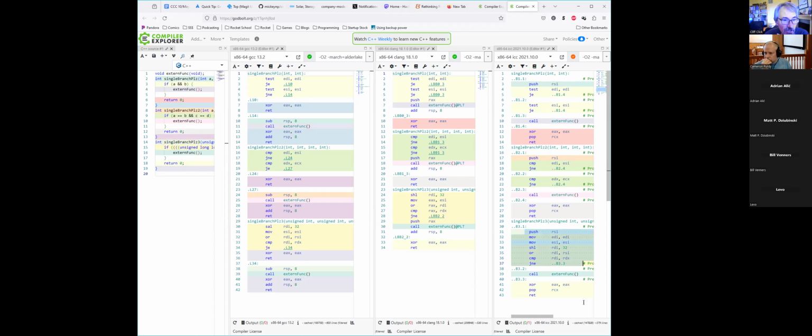Where is the single branch? Oh, 2. Oh, I'm missing it. I see. 1, 2, 3. Yeah, okay. So my thought process was if they're both highly predictable, it would be bad if you're missing twice instead of once. So I thought maybe it should always be trying to merge it when it's this simple. But none of the compilers do it, so I was a little surprised. If it's highly predictable, the compilers are fine leaving it alone.